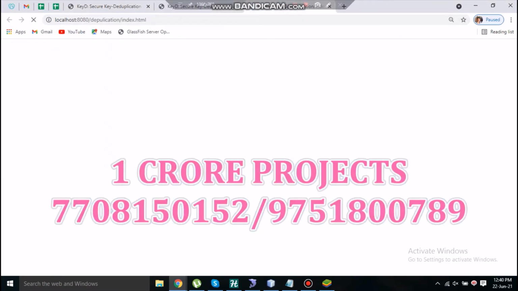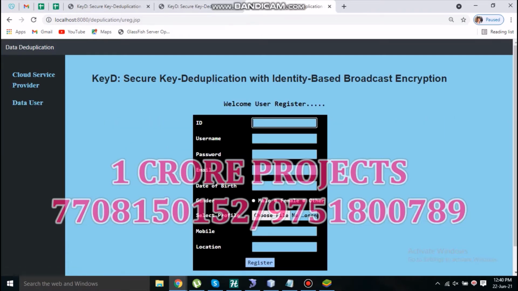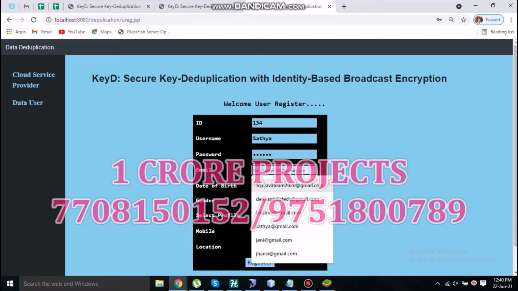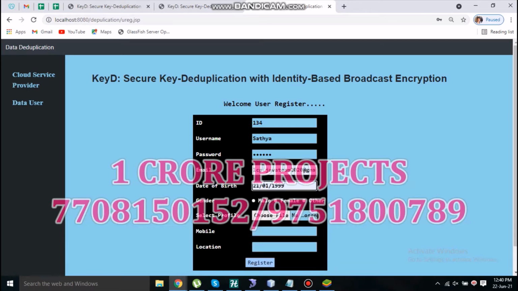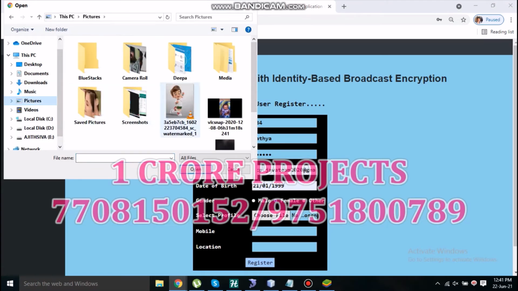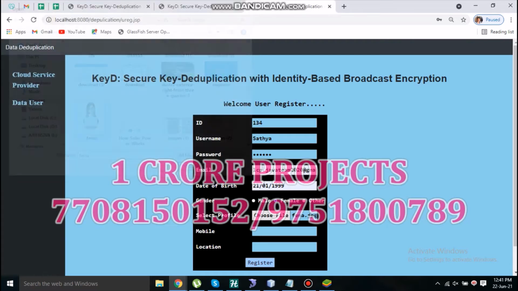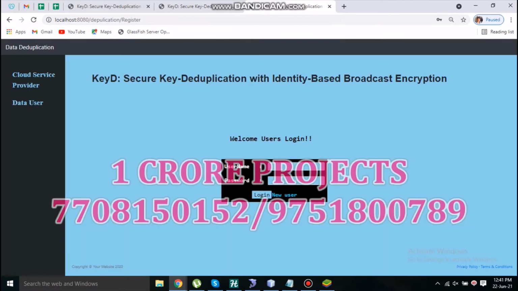Now we have to register another account for the user. For that also we have to register as new. Registered successfully.